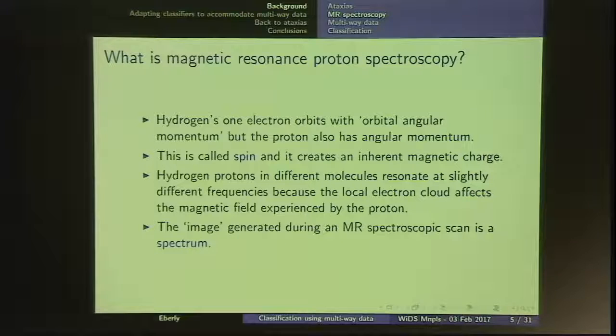But now those hydrogen atoms are embedded in molecules, and so the surrounding electron cloud of all of the atoms around the hydrogen in that molecule means that the protons resonate at slightly different frequencies depending on the surrounding cloud, whatever molecule they're in. So this is what the MR scanner can detect, those slightly different resonances depending on whether hydrogen is embedded in glucose or ascorbate or N-acetyl aspartate. So the image, which in this case is not really an image the way you usually think for MR, is a spectrum. And I'll show you a picture of a spectrum.